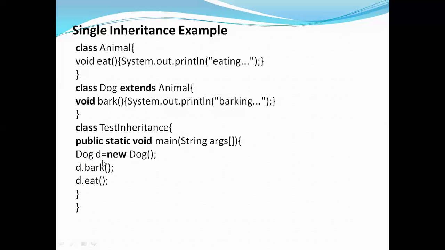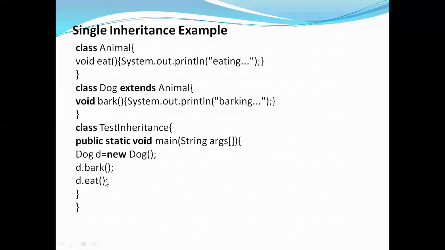Using this object, we'll be calling the methods of the parent class and child class. That is d dot bark. The bark method is in the child class, and I'm also calling d dot eat, whereas eat is a method which is in the superclass. So with the same object of the child class, I'm calling the methods of the child class and the superclass also.